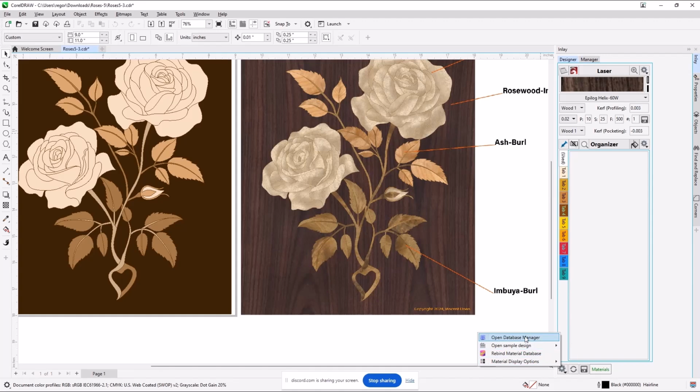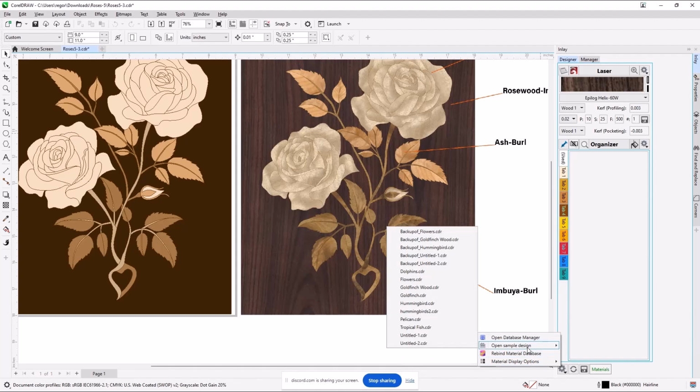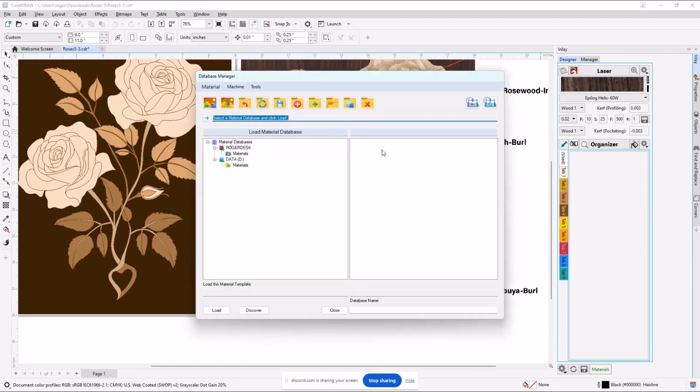When I open that up, remember we were using this for the material displays and some of the other sample designs. So you can bring up stuff there. If you do this, the vector files are provided as part of the sample. But what we really need to do is go to this, and we need to create a new material database specific for this picture from the images that we have of that picture.